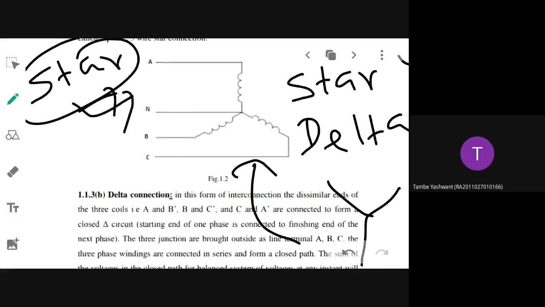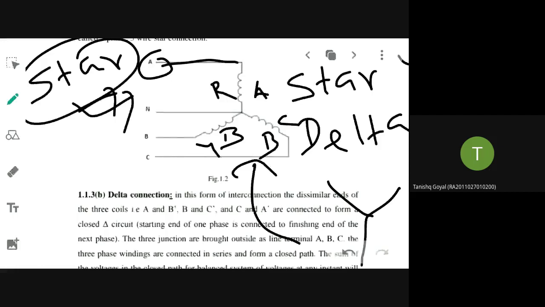Ma'am, we will connect all the three coils as star. Okay, so what will I do? We have to separate them by 120 degrees. Yes, you have to separate them by 120 degrees, but there are two ends for all the three coils, no? So how will you connect these ends? That is my question. If you want to have a star, one of the ends is left free. This is A phase, this is B phase, this is C phase, or R phase, Y phase, B phase, you assume. One end is left free. Here is a loose end, here is also a loose end.